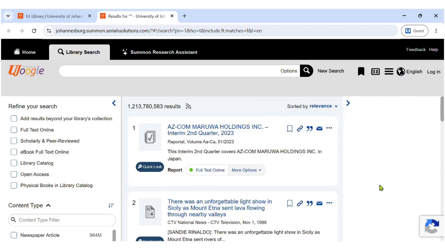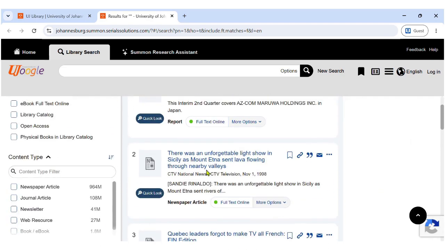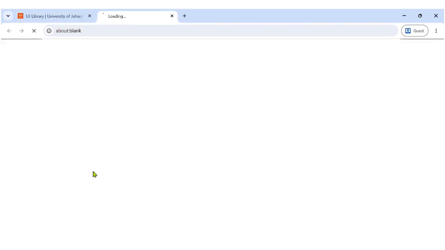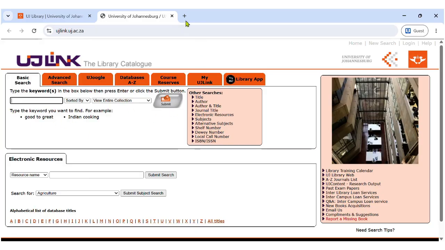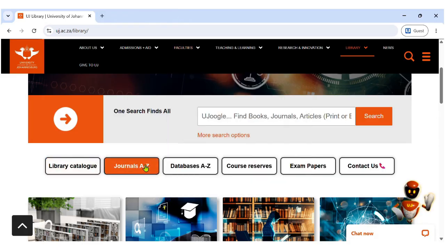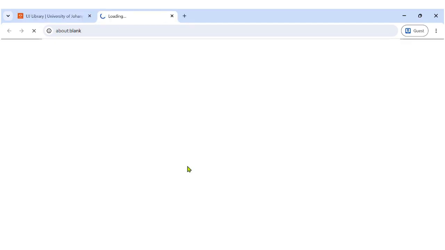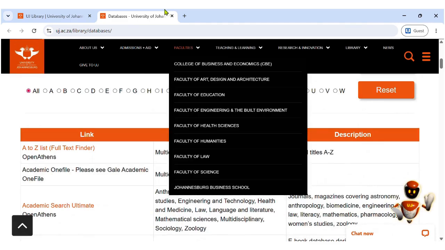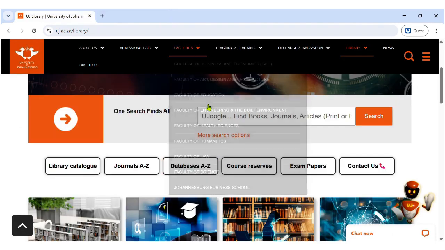UJoogle allows students and staff to search across multiple library resources from a single search box. Just below UJoogle, you'll see several quick access tabs. The library catalog helps you search for both print and electronic resources. The Journals A to Z tab allows you to browse and search thousands of scholarly journals alphabetically. The Databases tab provides access to a wide range of subject-specific and multidisciplinary databases where you can find scholarly and credible research sources. The Course Reserves tab gives you quick access to prescribed textbooks, recommended readings, and other course materials